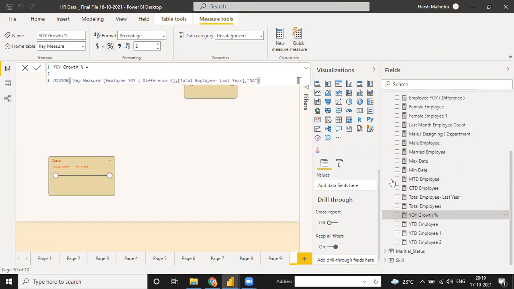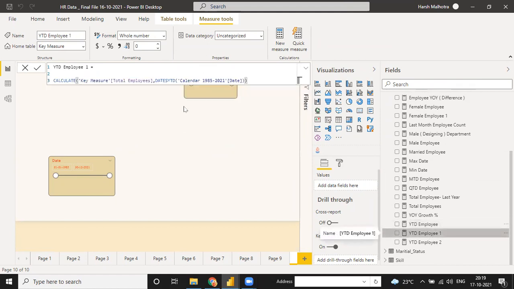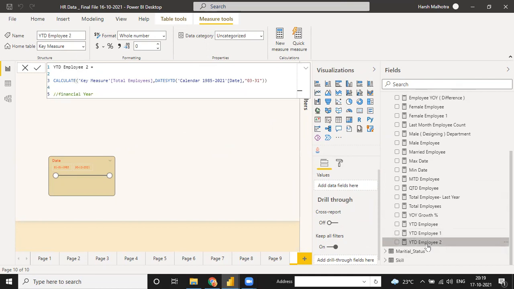Okay, how to use this YOY, YTD employee. Okay, this YTD, but this time we are going to use another YTD like this one, DATESYTD. And in this employee second we have DATESYTD, this kind of function, and this is our fiscal year ending. Okay, this function tells us our fiscal year end time. So any doubt, guys, you have related to this, or any other question in this